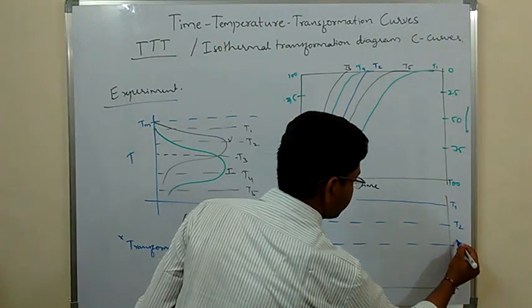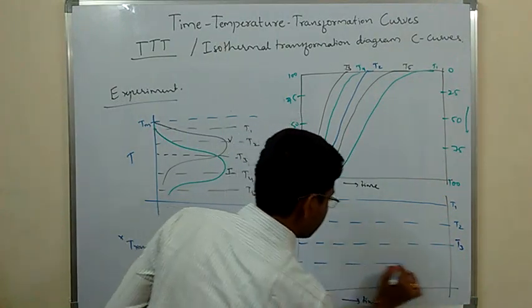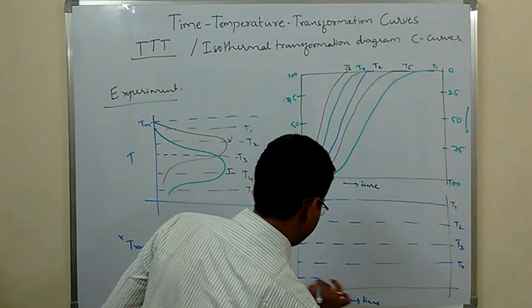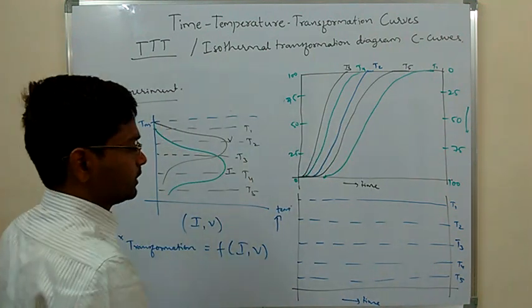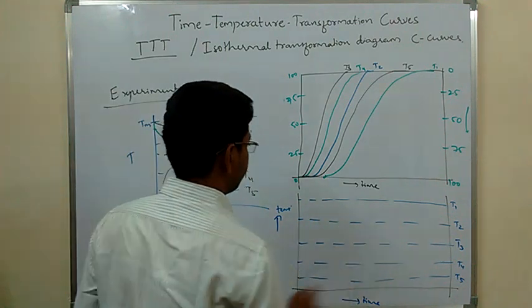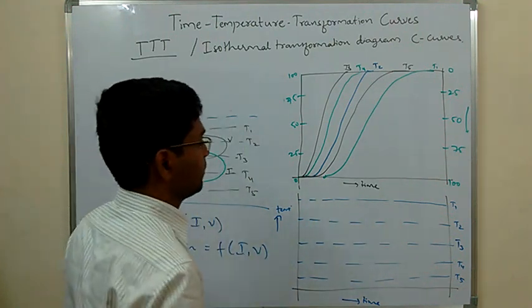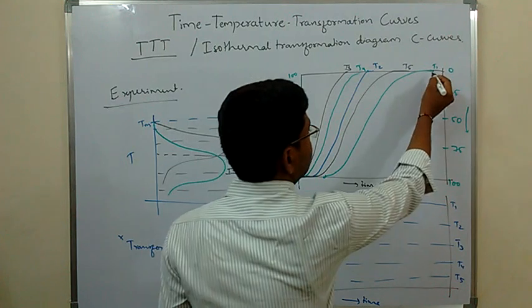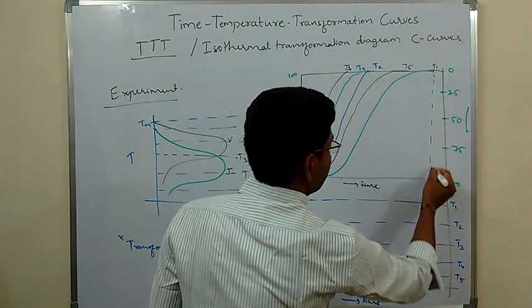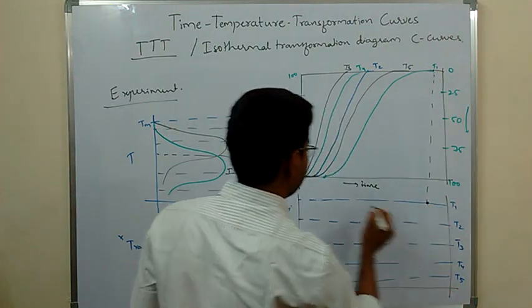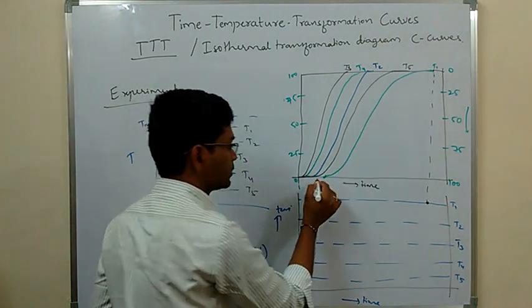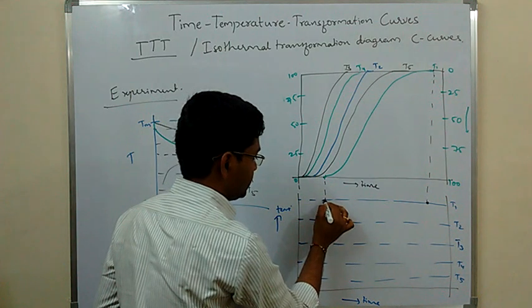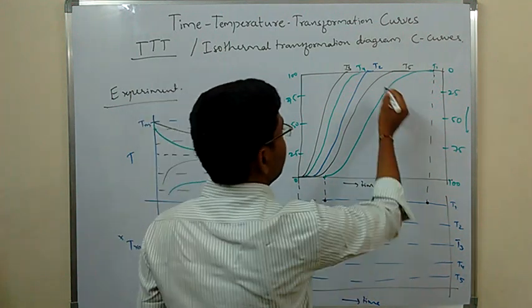This is T3, T4 and T5. Temperature lines, these constant temperature lines. So I will draw these points. T1 temperature here. This is an end point. This is a starting point, starting of transformation. So here T1 point and T2